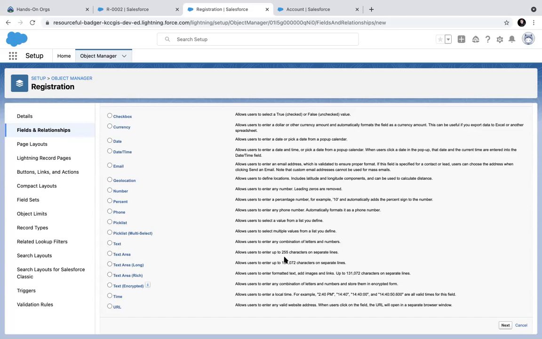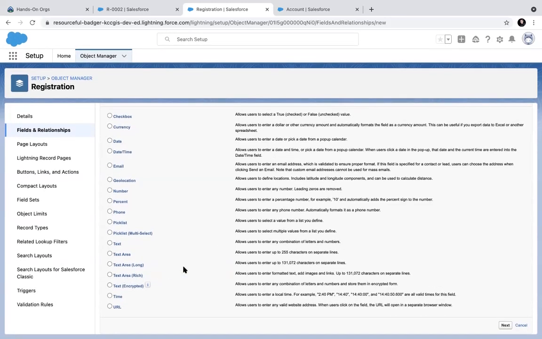Text area long just gives us more characters. Text area rich gives us more characters and formatting also. So you can put images inside it. You can put links inside it. You can make it bold. Characters can be different types. So you can format the values. Text area long does not have any formatting of values. This is a rich text box. If you have ever used it, it will look like this. It will give you many options too.